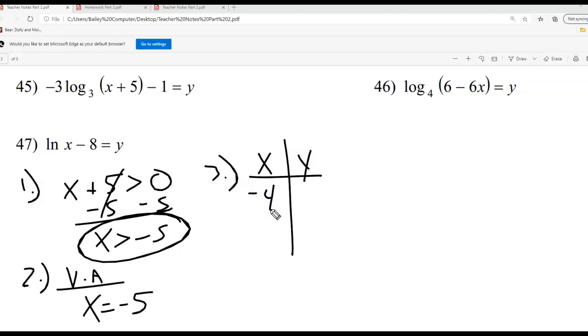Now the next number you pick, some of you guys might be thinking -3, which would be totally fine. However, my advice to you guys is that when you pick these x values, pick the x values so that they're kind of far apart from each other. So let's pick another number for x that's really far away from -4. Like, let's go ahead and say I'm going to plug in, how about